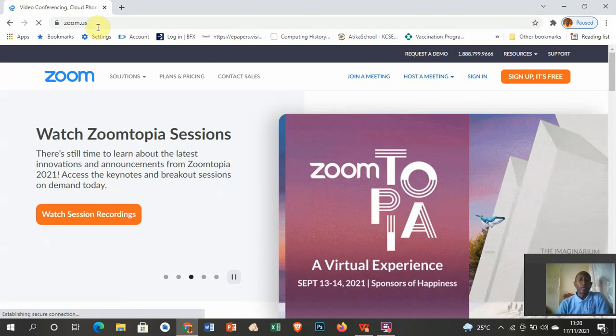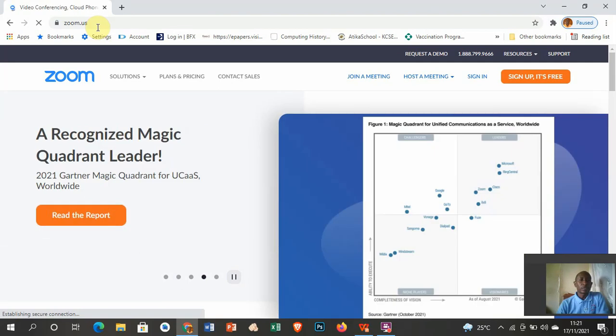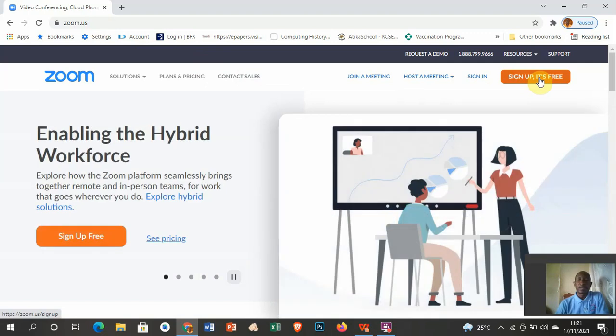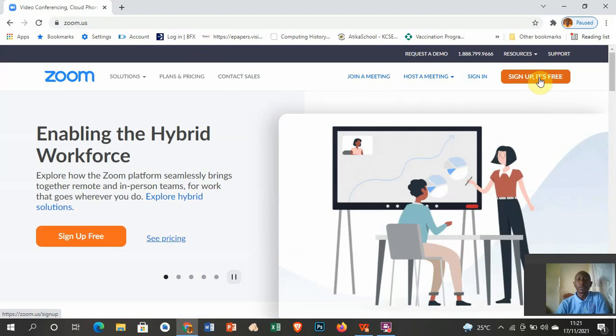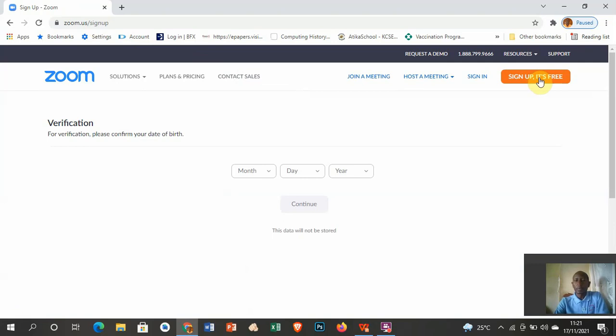So after typing in zoom.us, we straight away move to this button of signing up for a free Zoom account, which we shall use to enter into our meetings and lessons. So I click sign up,